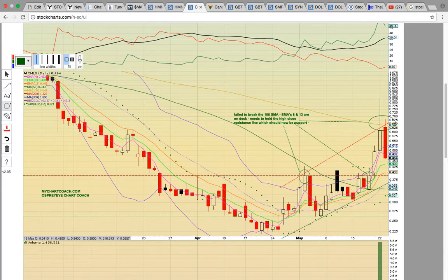And then this close here on the 18th of May, so we were looking for that level to turn into support. And since it was big resistance, it should now act as support. So you should get a bounce off that zone around EMA 13 at 40. If that fails to hold, then you could see a drop all the way down here to the 50-day simple